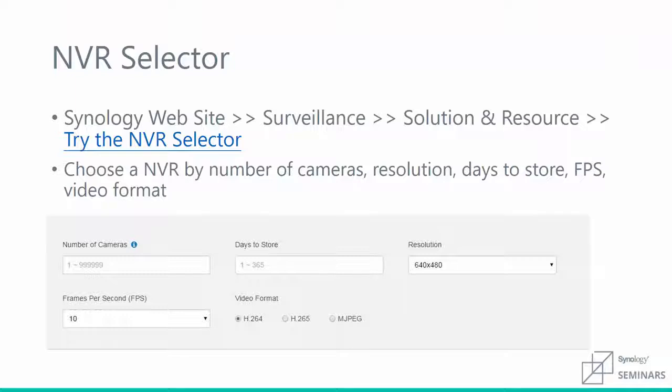Now that we've looked at Surveillance Station and how it works, I want to show you a tool that will easily help you narrow down which Synology NAS to use in your NVR solution. This is a very useful tool that will give you a couple different devices that will work for the deployment you have outlined, based on the number of cameras, the days to store, stream resolution, stream frames per second, and video format. If you have not used our NVR selector tool, I highly recommend you do so as it is